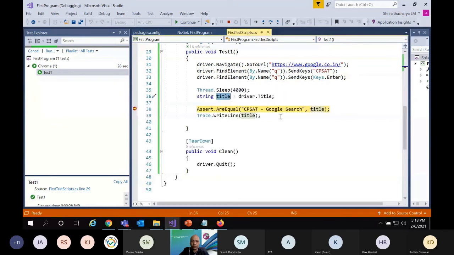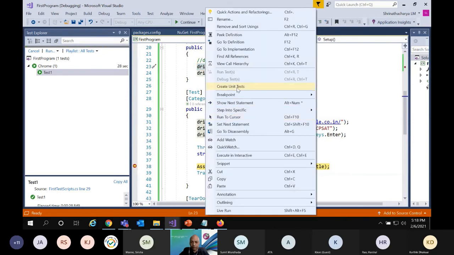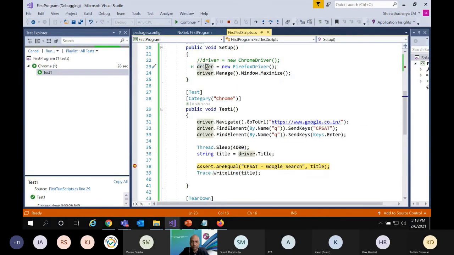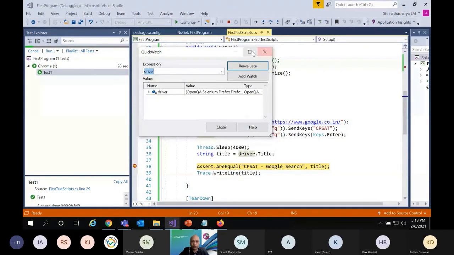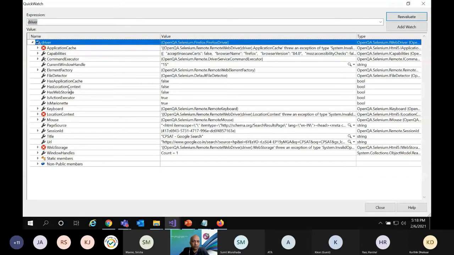Say driver is an object, and when we go over, Add Watch is one, and Quick Watch is another. In Quick Watch, it will open a window. You can see all the properties, all the methods, whatever it is doing, and you can expand the things and navigate and see what is happening.